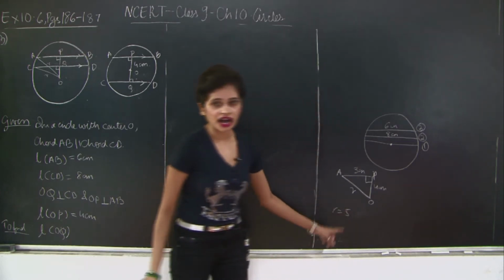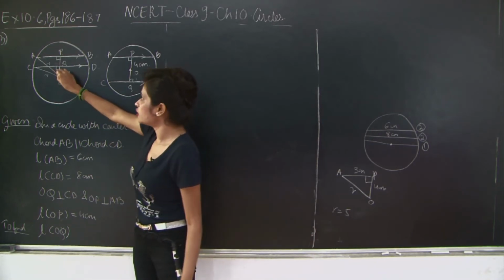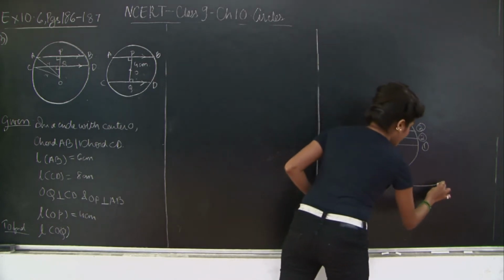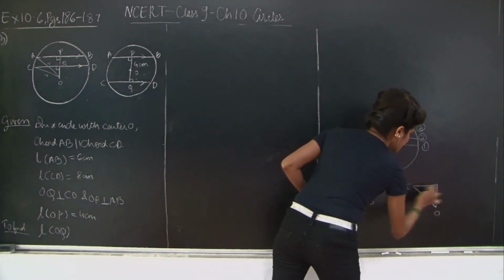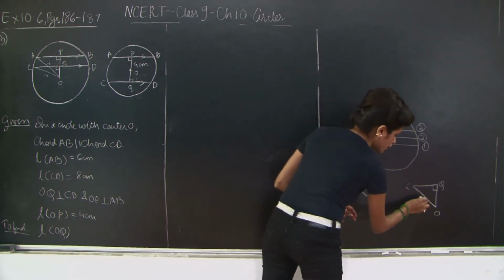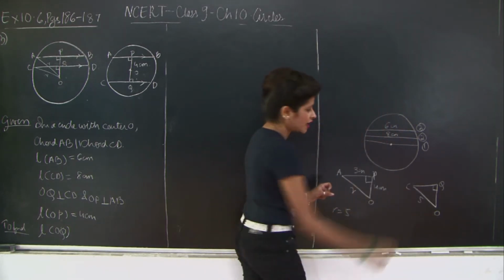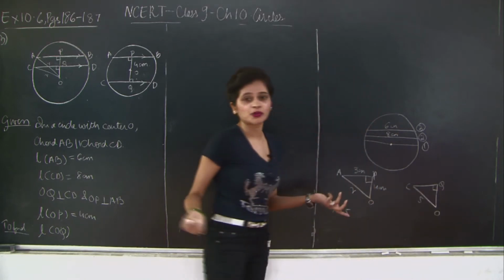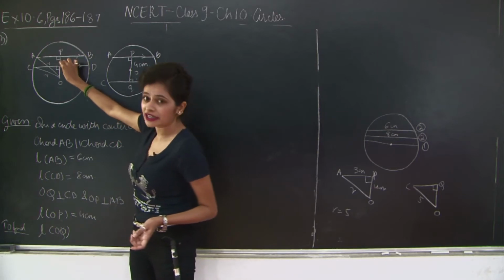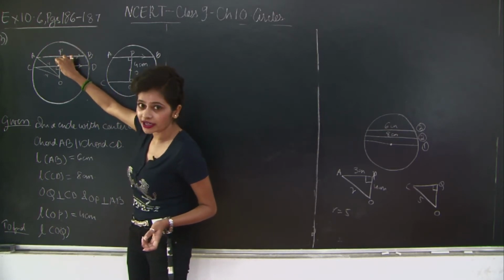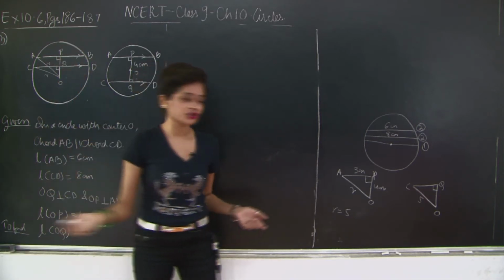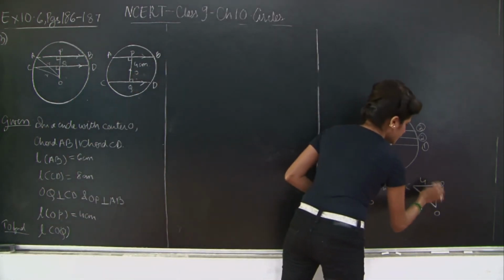So once you get r as 5, now take a look at your right angle triangle OCQ. So I have O, C and Q, right? Now this length here, we found that it is 5. We have this length CQ. How do we get the length CQ? We only have the length CD, right? But OQ is the perpendicular from the center of the circle to the chord, and we have the length of the chord, which is 8 centimeters. Therefore, CQ will be how much? It will be 4 centimeters, right?